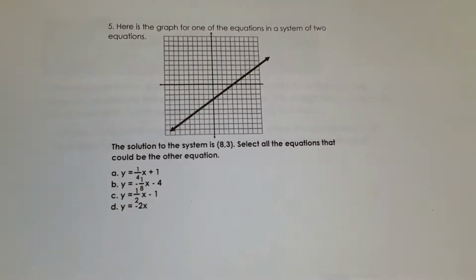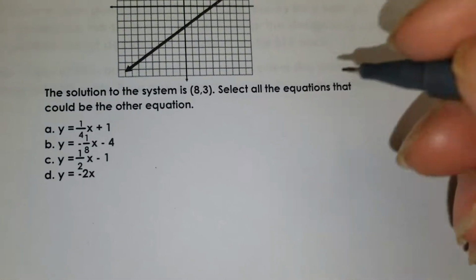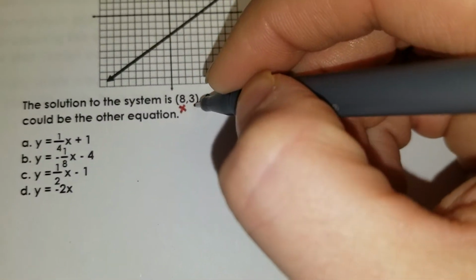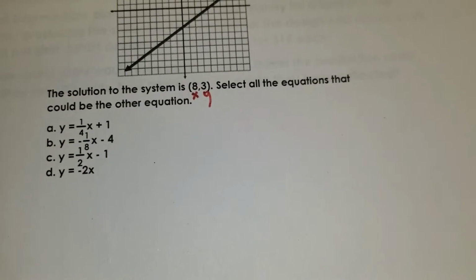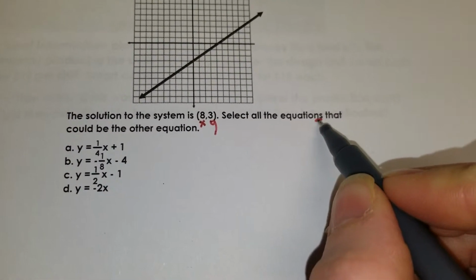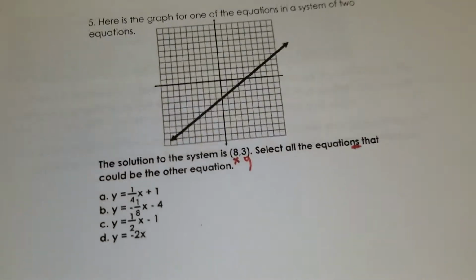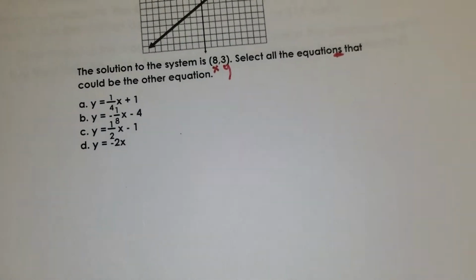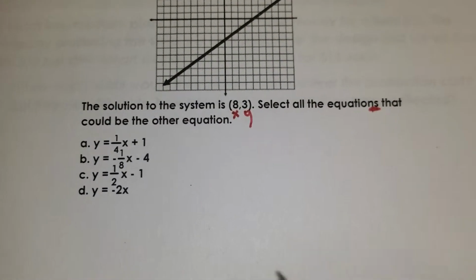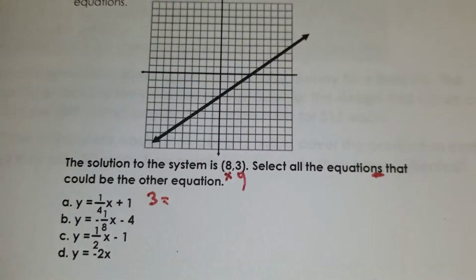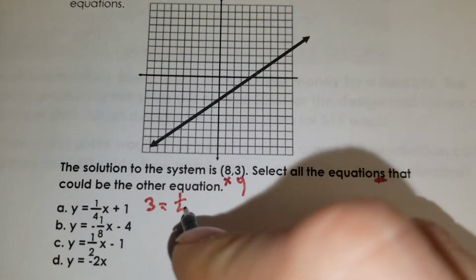So all we're going to do for this (8, 3), this is really small, so let me zoom in. This is actually really hard because I'm writing right on my hand. Okay, so this is the x value and this is the y value. We're going to test it for all of the equations because the way that it said equations tells me that maybe it's more than one answer. So for every equation, I'm going to try to write in different colors so that I can keep it all really close together. Instead of y, I'm going to write 3 equals, and then we have 1/4